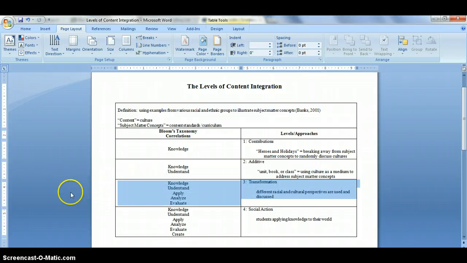In the third level of content integration, you can see that we've started to reach several different levels of Bloom's taxonomy, all the way up to evaluation. In this level of content integration, it's the transformation approach. So this is where, rather than using culture as a medium or using it as a way to talk about things, or having that problem that happens to have names that look Hispanic or names that look African American,